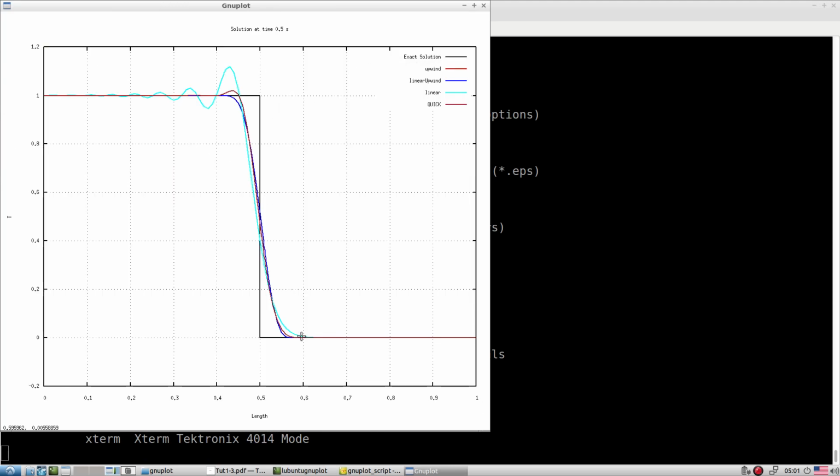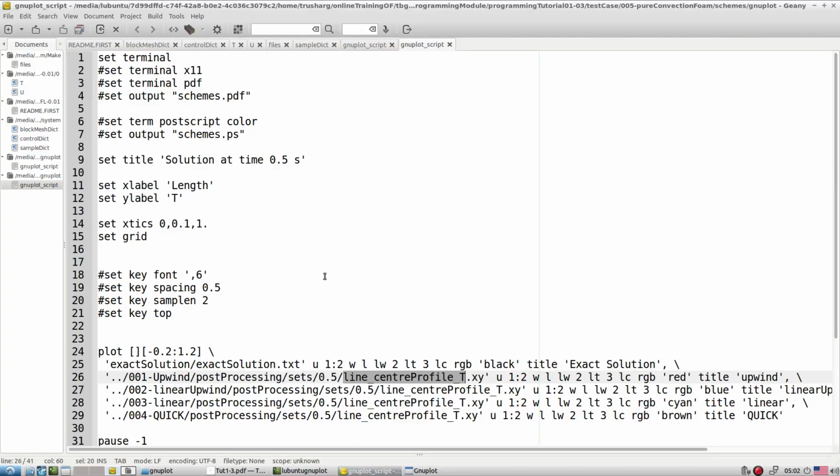Okay, then first let's say red is for upwinding. So upwinding red is, okay, not visible. Why? So let me see. We have a red, fine, upwinding scheme, correct.